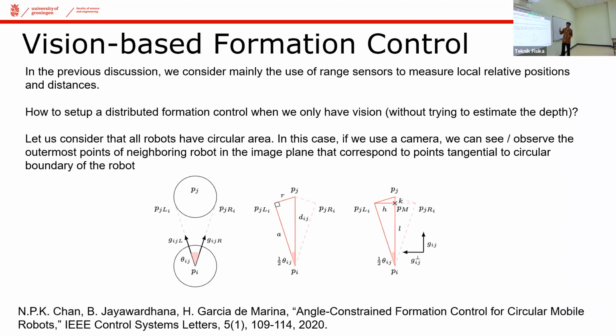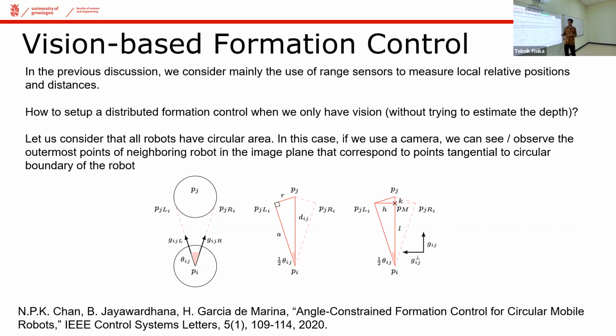So something that we have come up with is actually pretty simple. If we assume that every agent can be represented by circles, what we can try to observe is this. When you take a look at the figure on the left, you have two agents, agent I and agent J. Agent I measures agent J using a camera. If it is using a camera, what does it see? It sees an image, and it can see the outer edge of the robot.